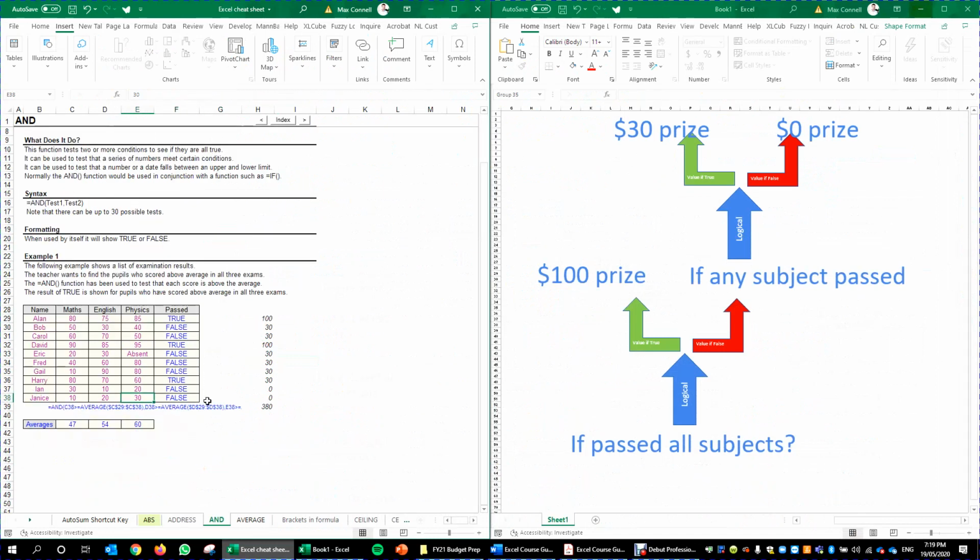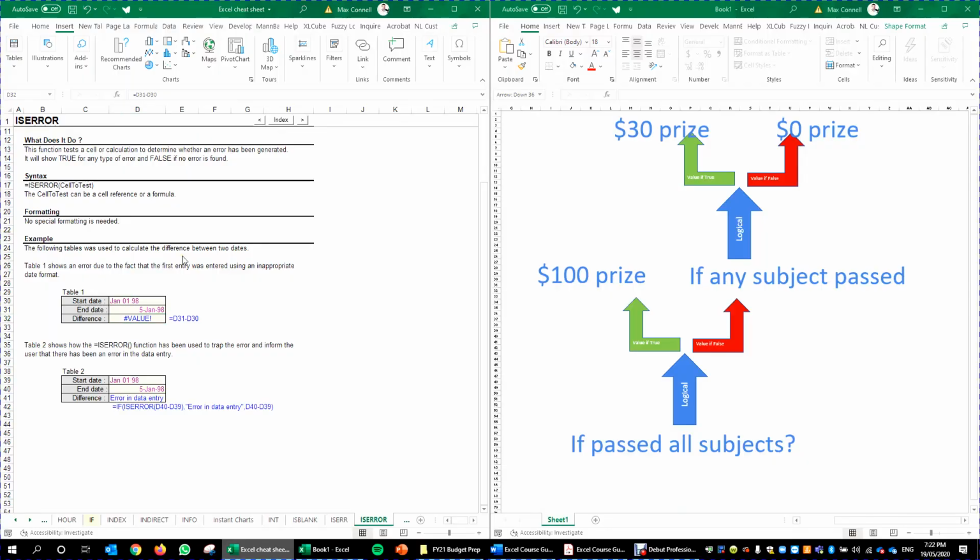So let's say we've got a large data set, and automatically, if the OR function doesn't come up with an answer, it's going to throw it into a 0. So if we have an error or something in there, it's not going to give us the result we wanted. So what we're going to do is use a function called IFERROR to remove any unintended errors in the data which might be throwing off your